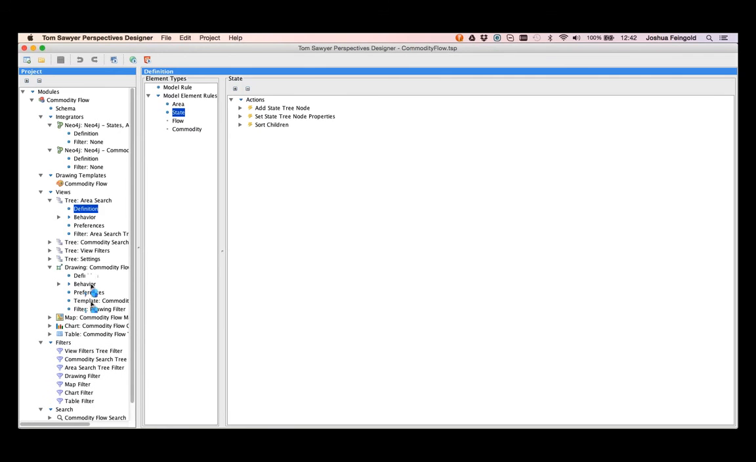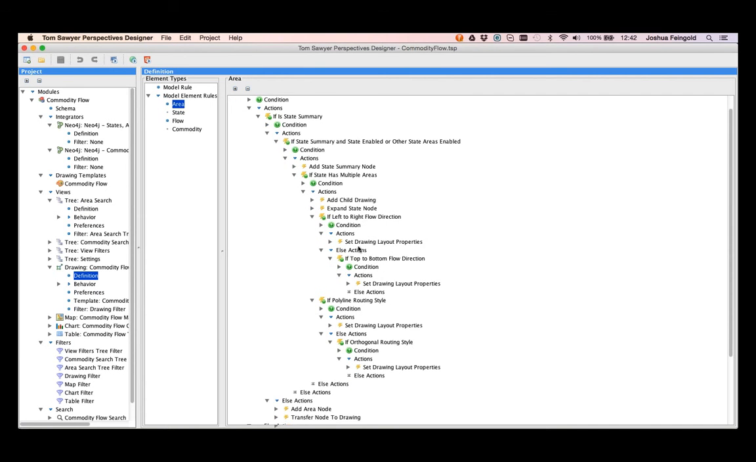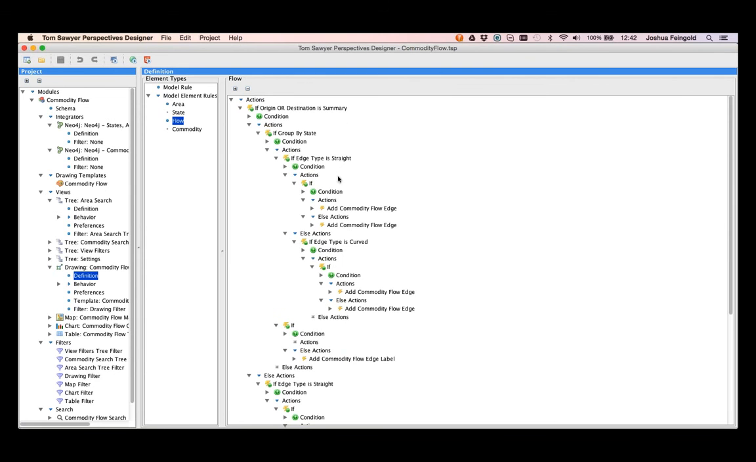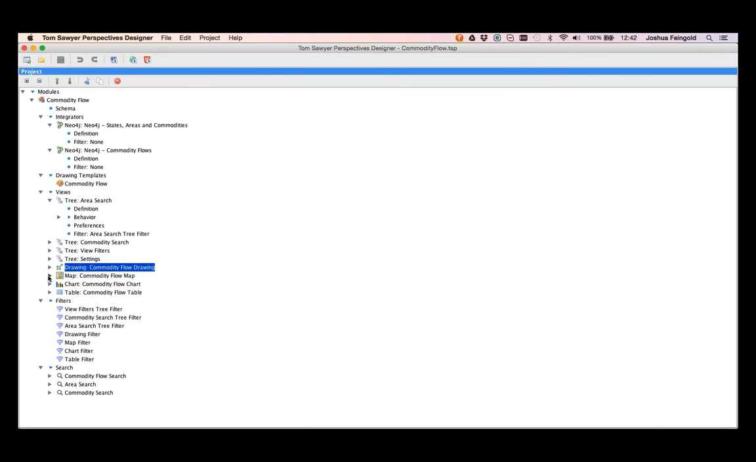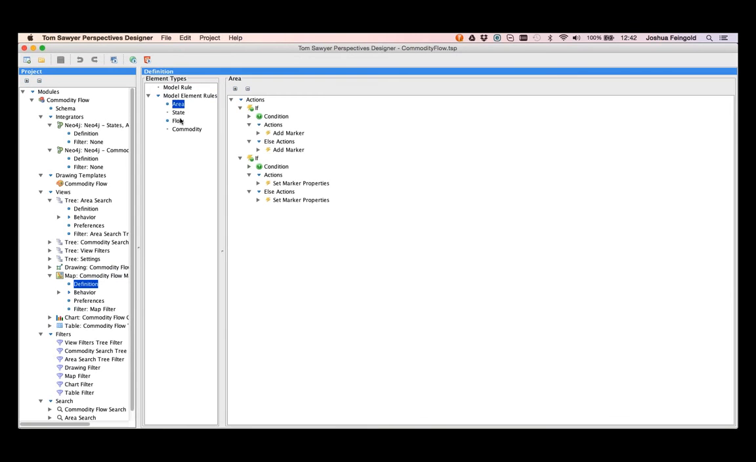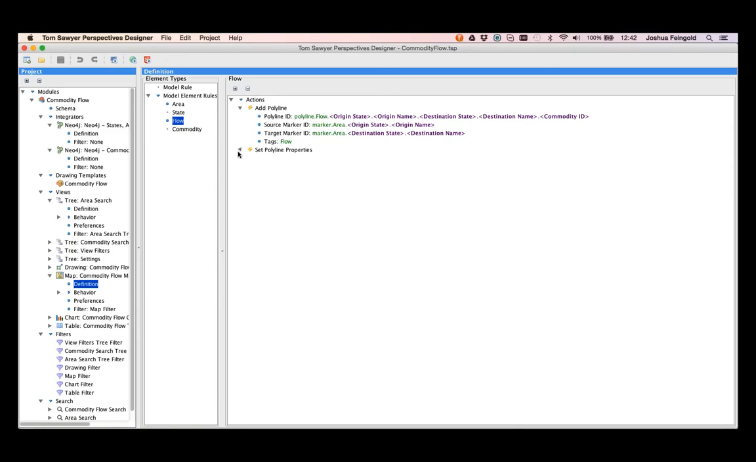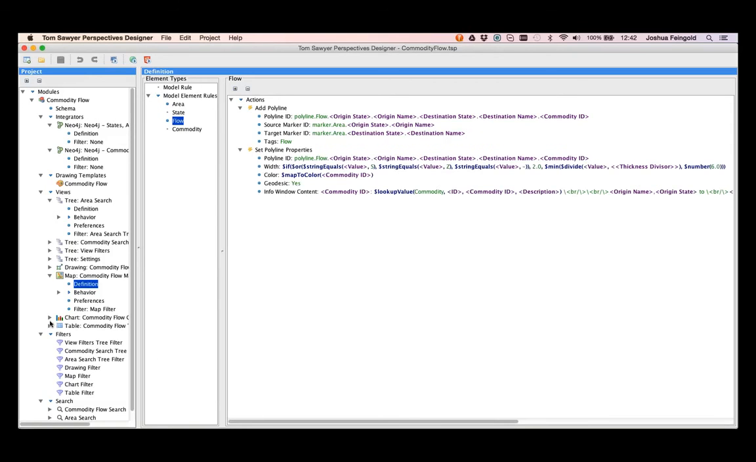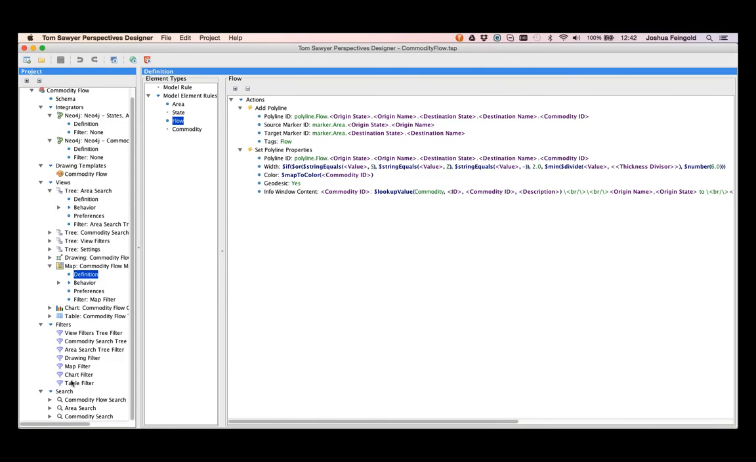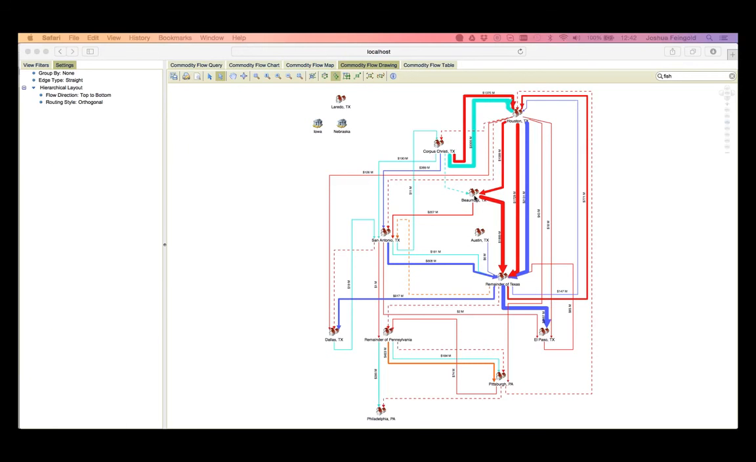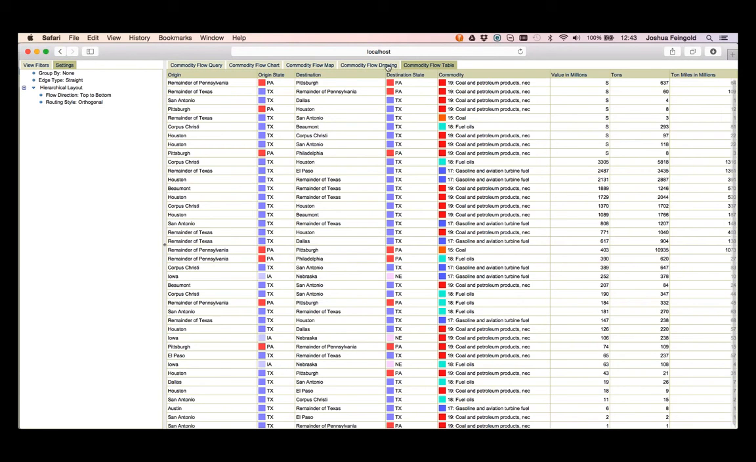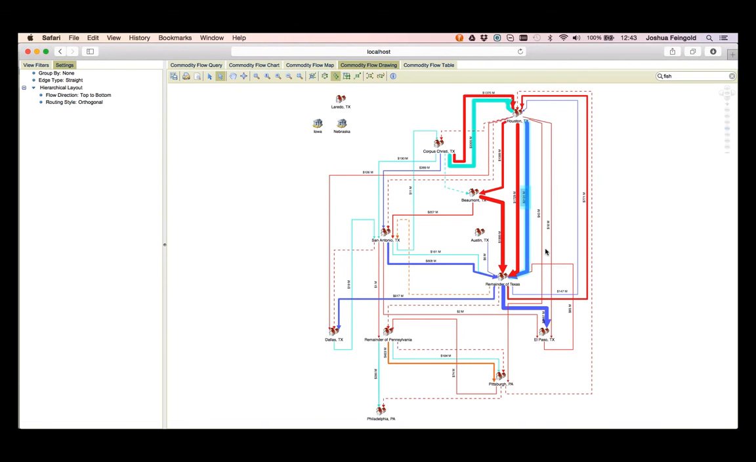For our trees, we use rules. So for every area, for every state, we're going to add nodes and leaves to our trees. Similarly, for drawing, for every area, we're going to add some actions. For every flow, we're going to add some edges. For the map, we're just going to add, very simply, a marker and set some properties. And for every flow, we're going to add an edge with some properties, right? So here we can control all of our filters. Here we can control all of our searches,